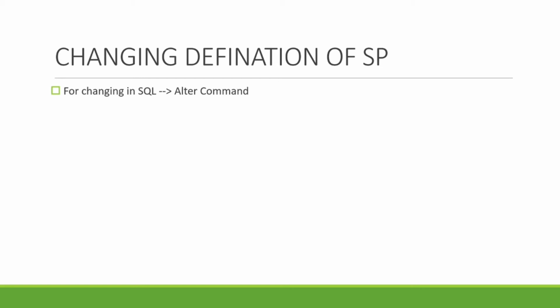We have been studying in this SQL series that whenever we have to change something, we use the alter command. Similarly, in the case of a stored procedure, we also use the alter command. Talking about the syntax, instead of create, we just write alter. The syntax goes like: alter procedure, then the name of the procedure, as begin, end, and in between there is the body. This body is the new body that we want to link with that previous procedure name.